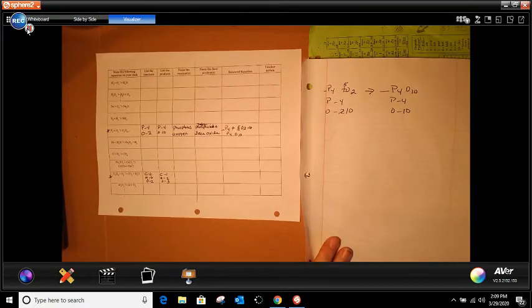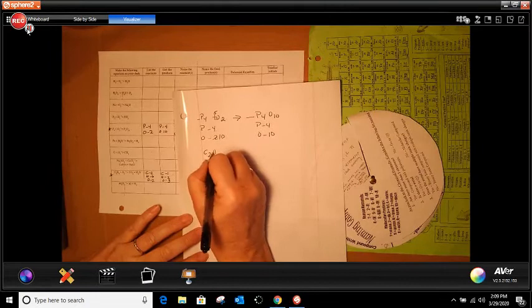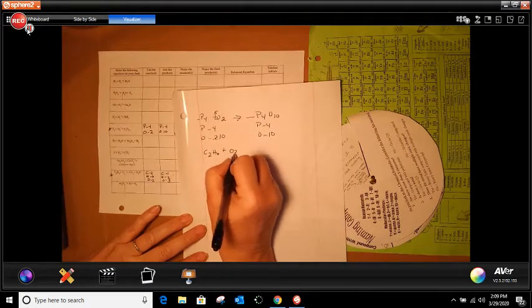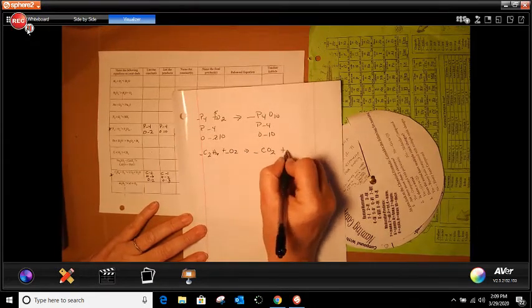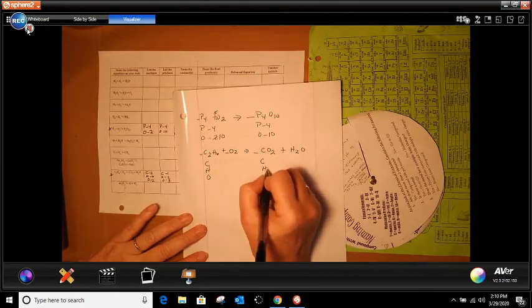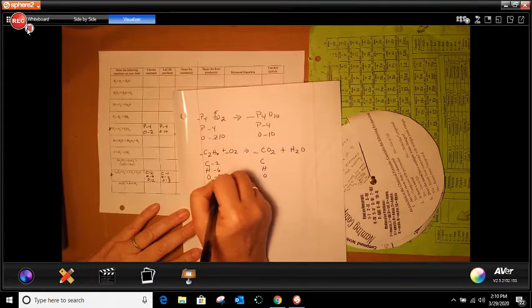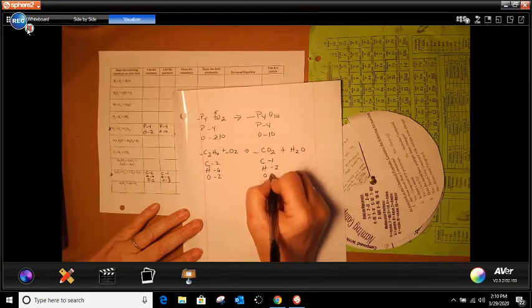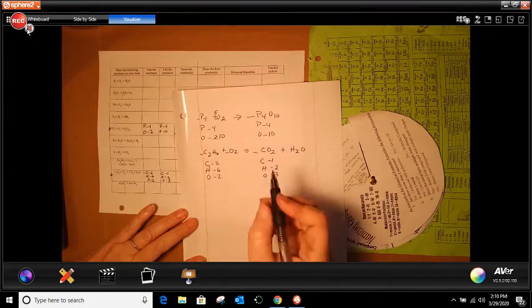So, skipping the name of the reaction and the name of the final product, I'm going to go ahead and just balance it first. So, C2H6 plus O2 yields CO2 plus H2O. So carbon, hydrogen, and oxygen. Well, let's see. I've got 2, 6, and 2. 1, 2, and 3. So, to make my carbons equal, let's start there first, and let me put a 2